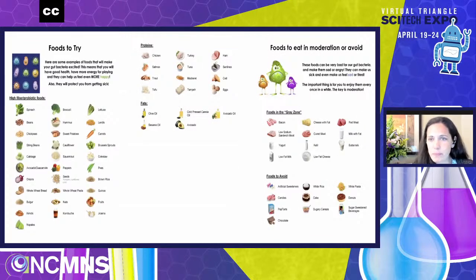And we give people a list so that they have an idea. We've got high fiber probiotic foods that come in those categories here on the left, and then foods to watch out for. We don't want to say you can never eat something, because what do you do if you go to a birthday party and all they have is cake and ice cream? Of course, you're going to celebrate with your friend and have some cake and ice cream, and that's okay. But these are things that you might want to have in moderation, over there on the right, because they're things that might grow some of those bad bacteria that Lawrence was talking about. So we give people this handout with these pictures so they have a good idea.